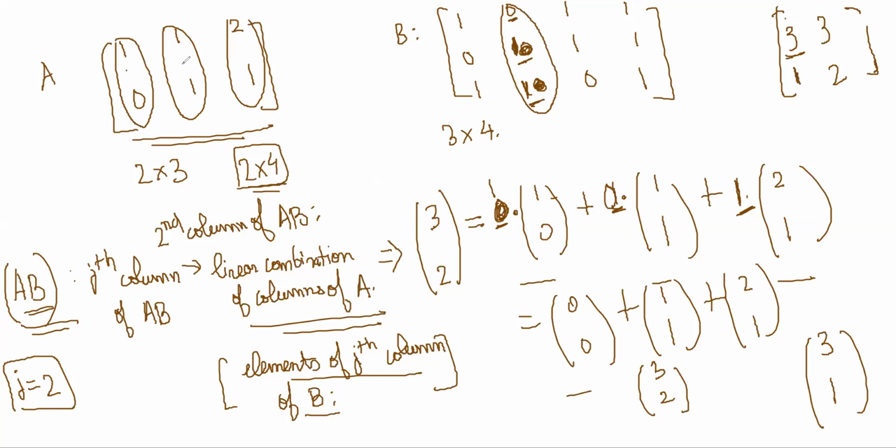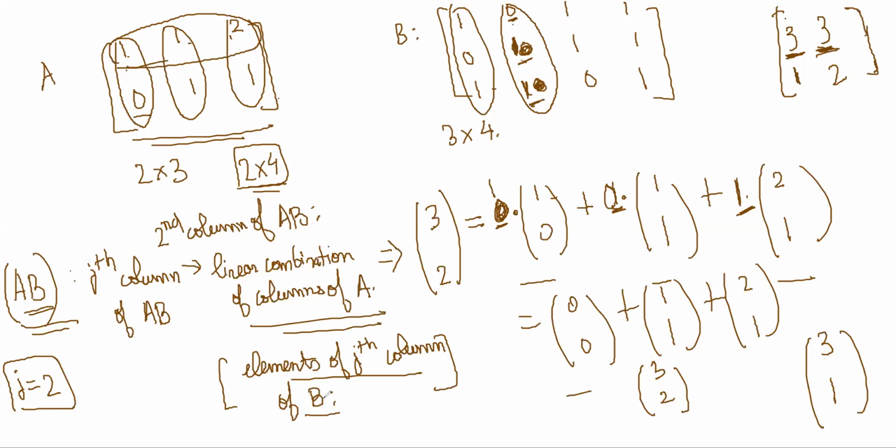Normal matrix multiplication, if you do this dot this: 1 into 1 plus 1 into 0 plus 2 into 1 is 3, right? Second row should have come what? This dot this: 1 into 0 plus 1 into 1 plus 2 into 1, again 3. It will all match, dude. It is wonderful and amazing. So is this like a faster way of doing the multiplication?